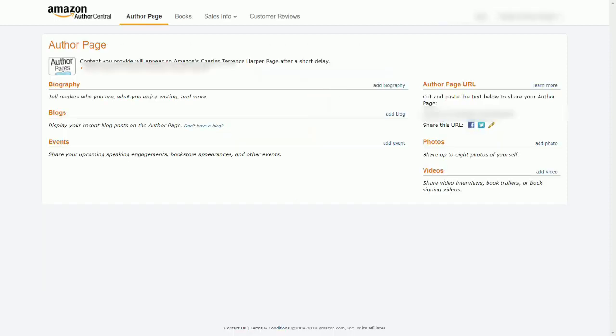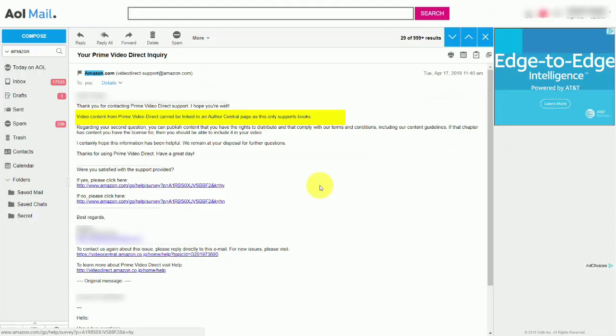Now, content on this page can be promotional. In fact, you can have your blogs, events, photos, and videos on this page that, while talking about your written content, can also promote your existing business. Now, as was confirmed in an earlier video, you will not be able to link Prime Video Direct to your